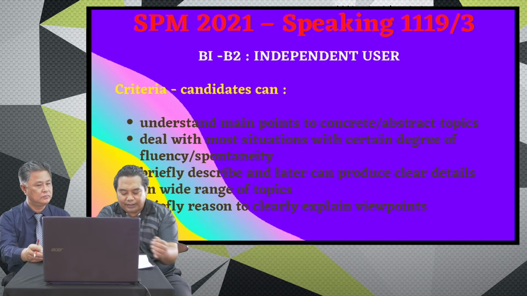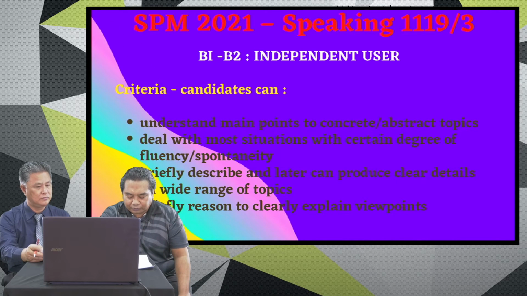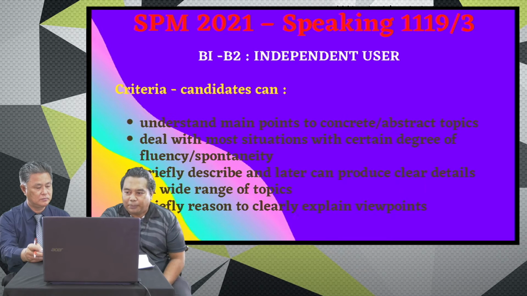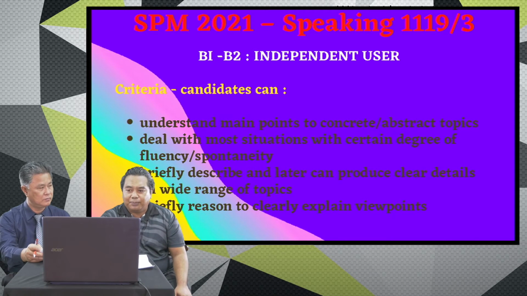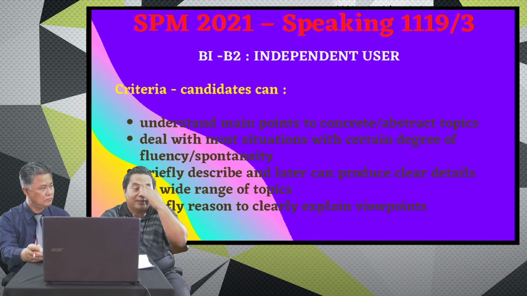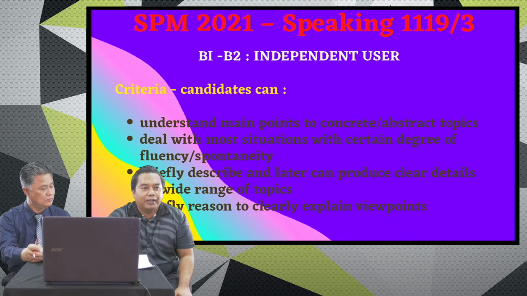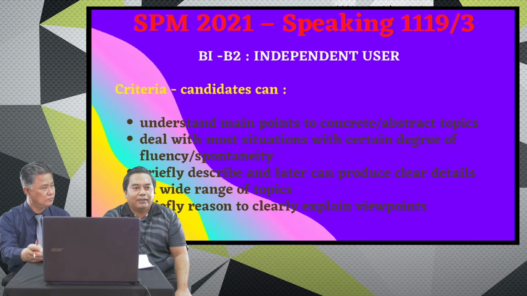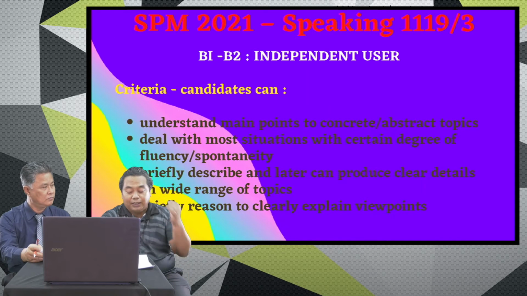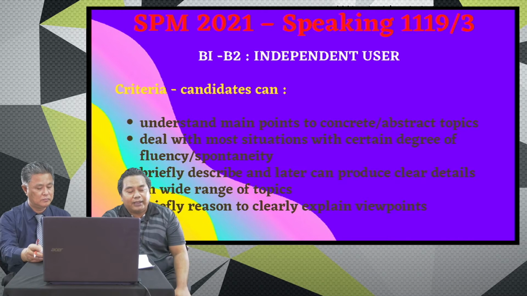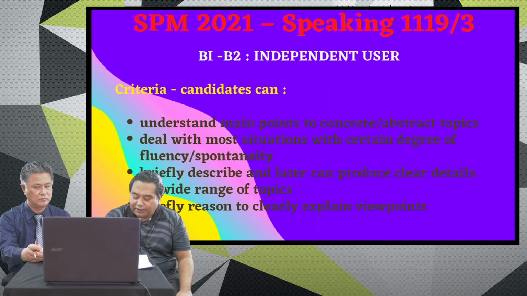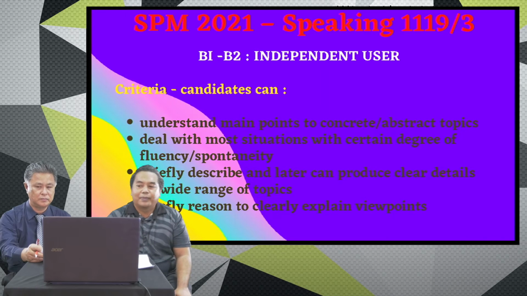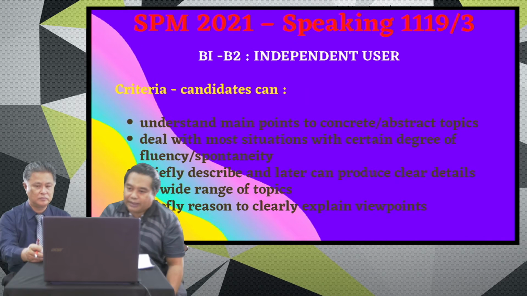Okay, understand the point of concrete and abstract topics. Concrete such as physical topics, such as your name, your preference, your cars, for example. And then abstract such as concepts or ideas, such as justice, love, honor, or kindness. So both concrete and abstract